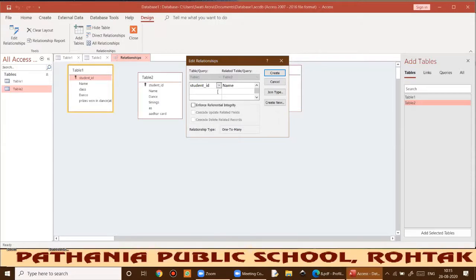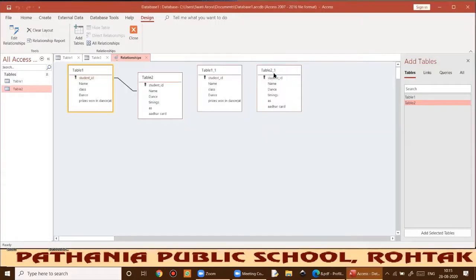Okay, so here you need to select table 1 में से कौन सा field लेना है जिसका relationship आप create करोगे, and table 2 में से like I want to create a relationship between student ID and the name. Okay, so from here I'll be selecting the name, and from here I'll be selecting the student ID. Okay, first table ka student ID should be connected to name of the table 2. Okay, first table 1 student ID, table 2 name, and then click on create. So our relationship will be created. Okay, you can see a relationship has been created.